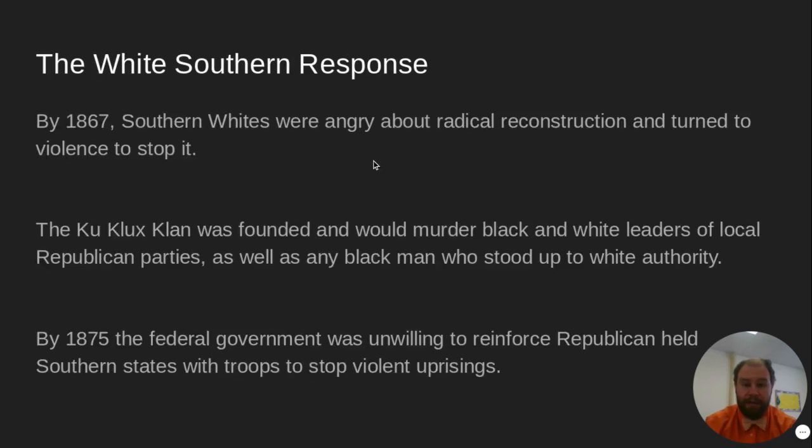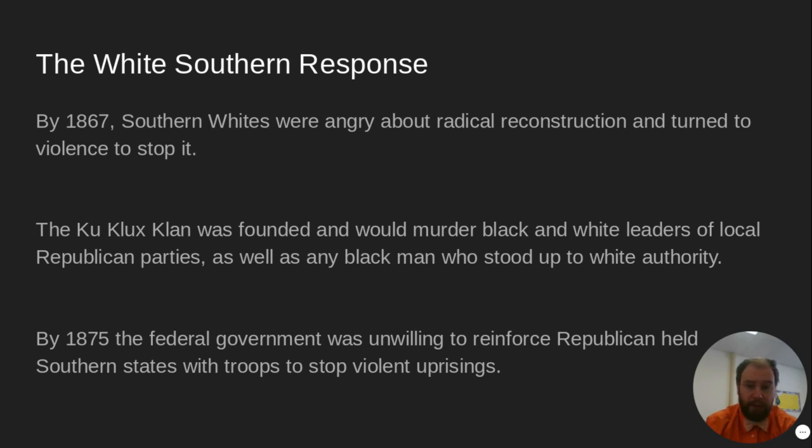So that was kind of a big change in tone after the lenient version that the presidents had put forth before Congress took over. Now, how did white Southerners respond to this? Well, by 1867, Southern whites were very angry about radical Reconstruction, and they had turned to violence to stop it from taking effect. So basically, the Ku Klux Klan was founded, amongst other hate groups, and they would murder